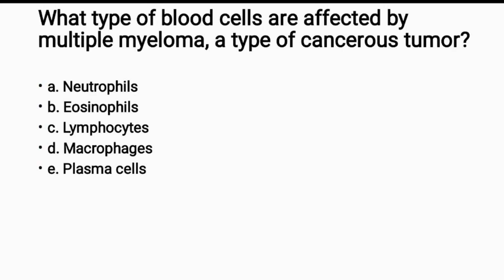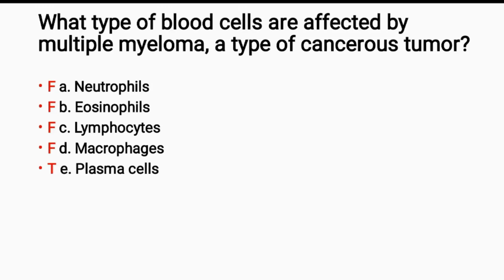What type of blood cells are affected by multiple myeloma, a type of cancerous tumor? Well, neutrophils, eosinophils, lymphocytes, macrophages, and plasma cells. Well, the answer is actually E, which is plasma cells, which is the true